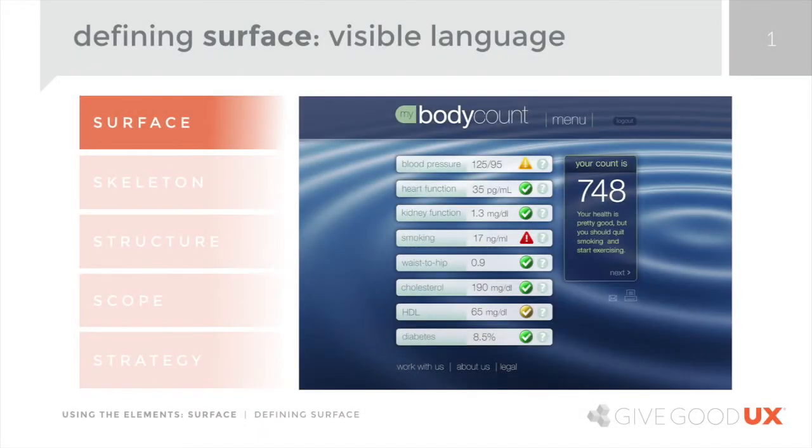So let's define what the Surface Plane is. Like all the other planes, it has a software/task side, and it also has an information side. Except in this case, visual design spans both of those areas. On the software and task side, visual design is what determines whether something is obvious, is intuitive, and quite frankly,